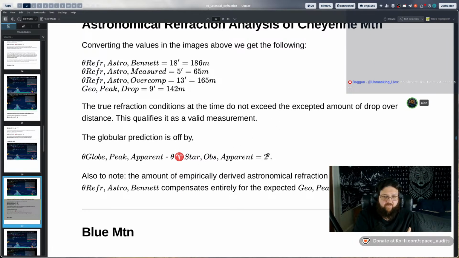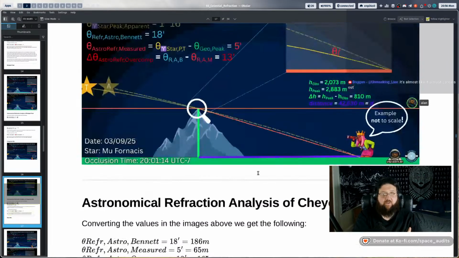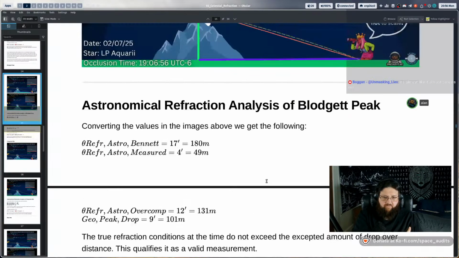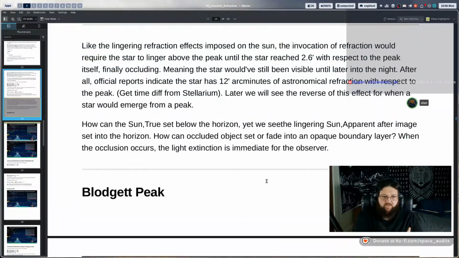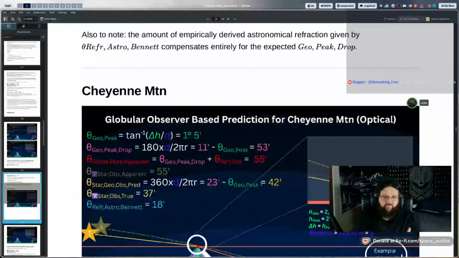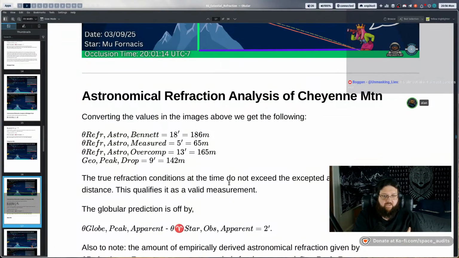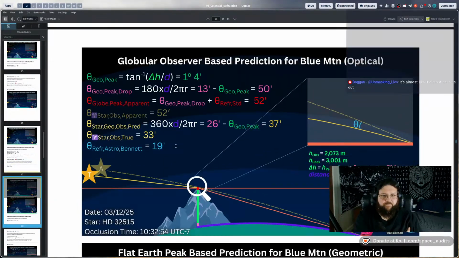And the difference between the two, apparent position and true position, is 2 arc minutes here. Oh, sorry, that was something I skipped over on the last couple. So the difference between true and apparent there, because we're not considering the terrestrial refraction as Andrew Young's prescription, we have a 3 arc minute difference there between the peaks. So the hypothesis of the occlusions working out based on the apparency is not looking super good.